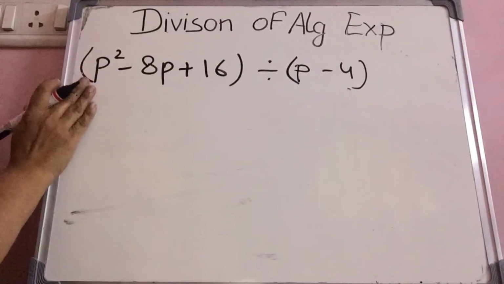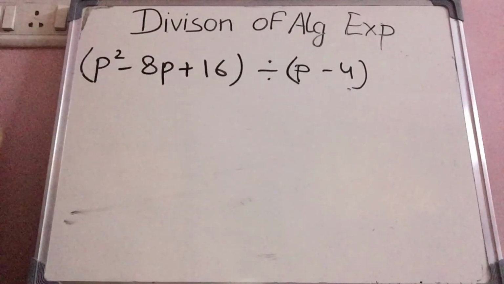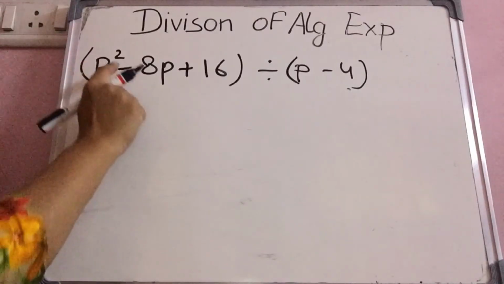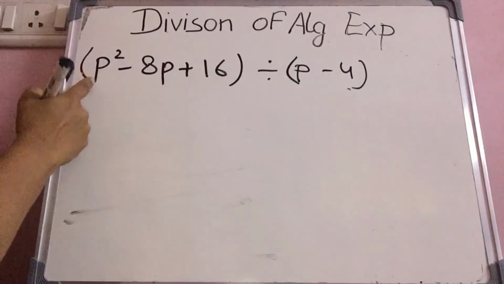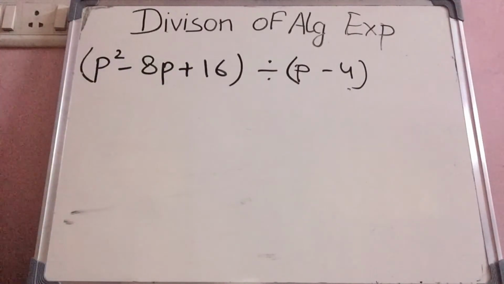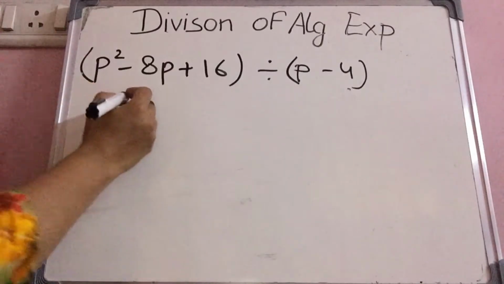If we have to divide this expression with this, how will we do it? We will factorize this. We can do it by both ways, either splitting the middle term or by using identities. We'll do it by using identities. As we have a minus sign here, we can use the second or third identity, because in the first identity we have all positive signs and we have 3 terms. So we have 3 terms with a minus sign in the second identity only.